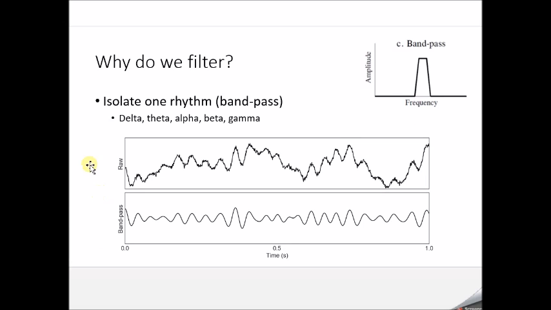A third type of filter is called a bandpass filter, which will only preserve the frequency components in a certain narrow frequency range. So low frequencies are attenuated to 0, as well as high frequencies, but in a certain frequency range of interest, the bandpass filter will let those components of the signal through without being attenuated. These are the components I mentioned at the beginning of the lecture: delta, theta, alpha, beta, gamma oscillations. Usually those are extracted from a signal by